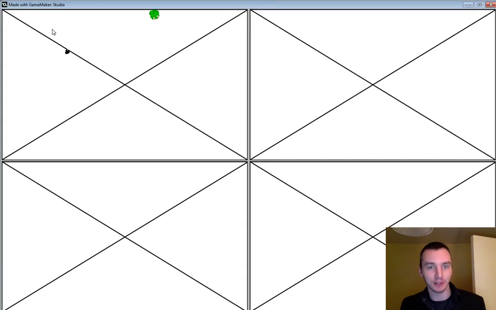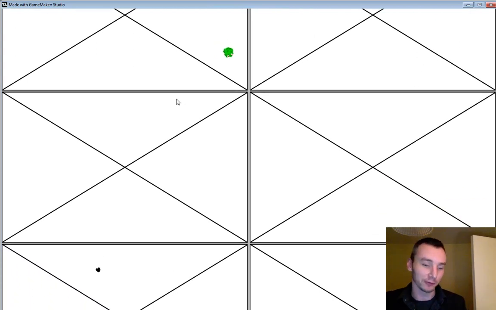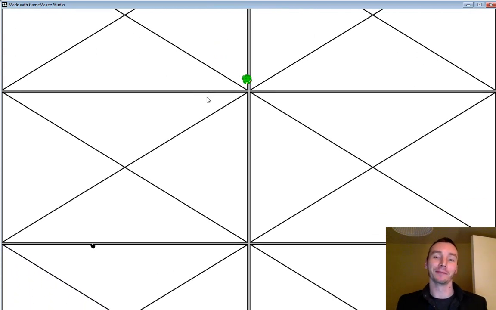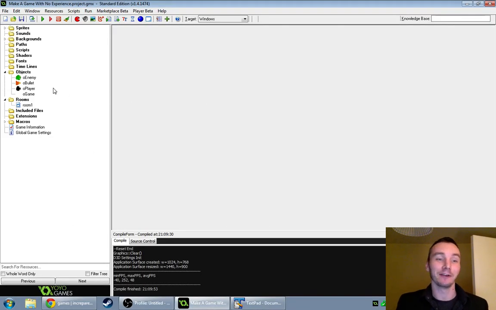And last time we did a bunch of stuff to take our game beyond just being a single screen thing that only runs in a window. Mine is running in a window because I can't record when it's full screen for dumb reasons. And we also made it so that when we press escape it quits. But it's ugly as hell right now, isn't it? For one thing, I forgot to,